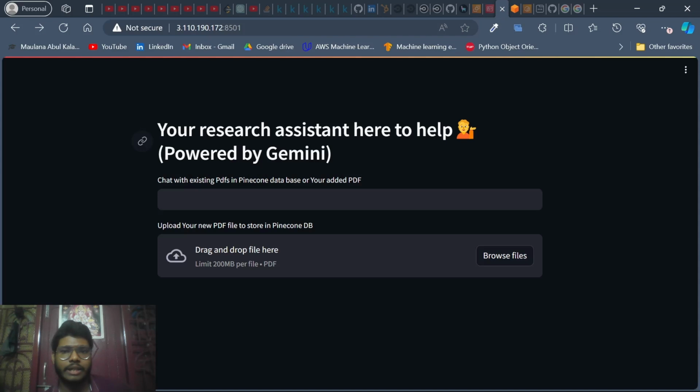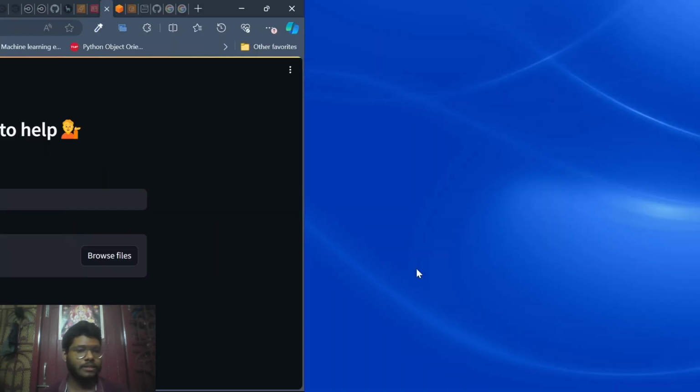Okay, here it is. Powered by Gemini. I am trying to make it a research assistant. Though we already have the vector database from Pinecone, our app would retrieve vectors from that Pinecone database, and we would configure it here. And if we want to update our database by uploading our new PDFs, we can do this from here. Upload your new PDF file to store in Pinecone database. Okay. So continuing,